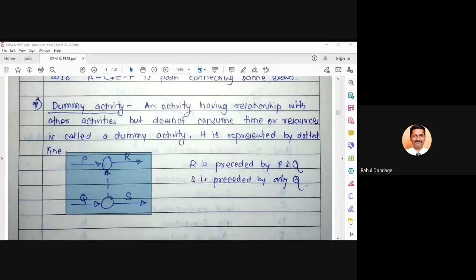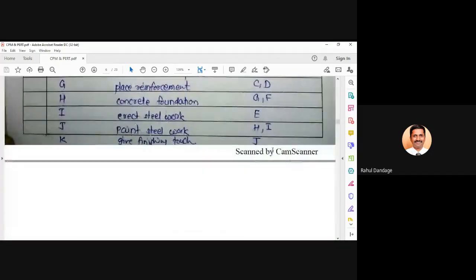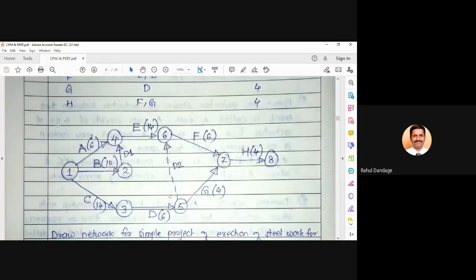Now before we move to the problem, there are certain rules on how to construct the network diagram. I will take one sample network diagram which is in front of you and we will discuss it. Whenever you are drawing the network diagram, listen to the specific rules and remember them. The network diagram should start from the left and logically move towards the right.